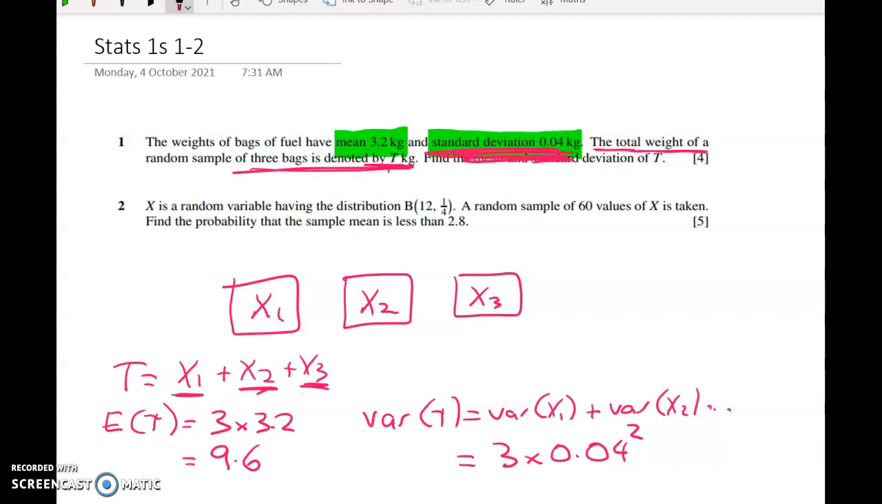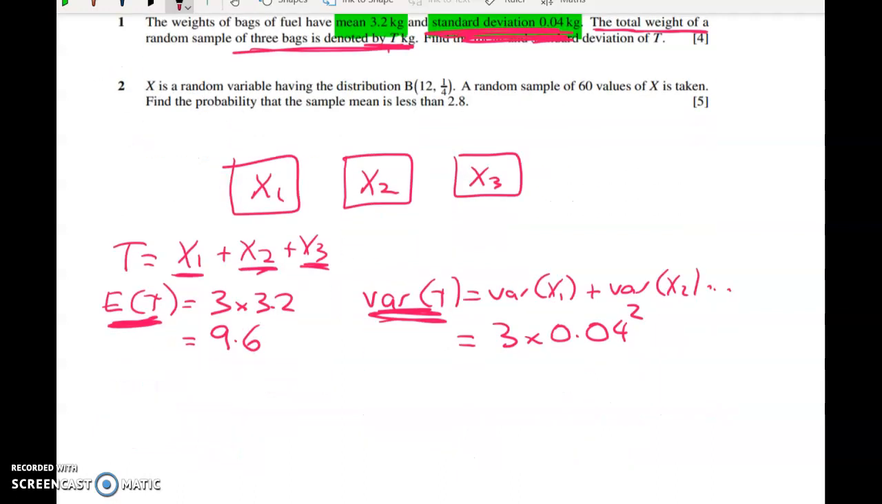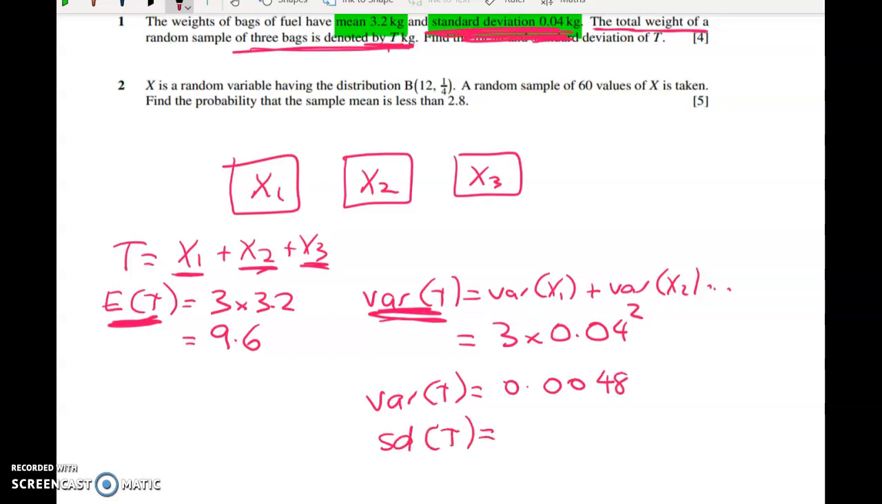So we don't ever work at the level of the standard deviation when we're working with our expectations algebra stuff. We work at the level of the variance. Okay, so we got given the standard deviation. It's really easy from there to find the variance. So the variance of T works out to be 0.0048. And then it's a simple step to get the standard deviation, which is the square root of that, giving us